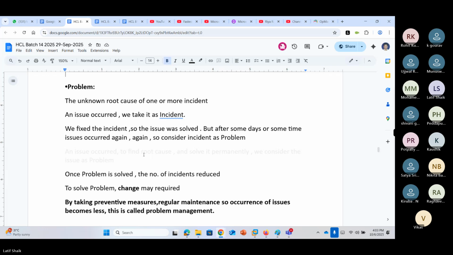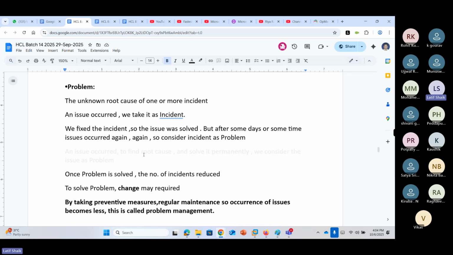So what we will do is take care of them before they occur, like adding more resources, or maybe adding load balancers, failovers, updations, upgradations, regular maintenance. Okay, what is regular maintenance? Updations, upgradations, checking the status. Or if many issues occur, we resolve them, but also we do preventive measures. These preventive measures also come under problem management. So this is called problem management.